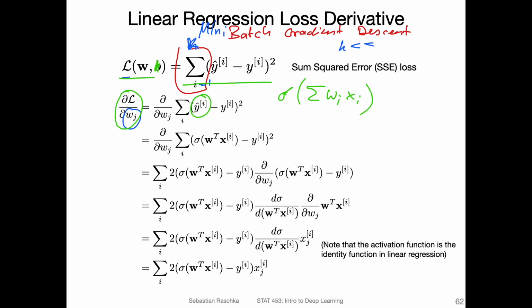and the activation function was just an identity function. So I'm just using this one here, writing it more compactly using vector notation, W transpose X. So that's what I have here. I just expanded this one, and now we are using the chain rule to compute the derivative. The chain rule is the outer derivative times the inner derivative.